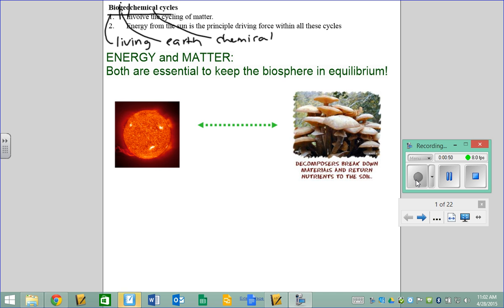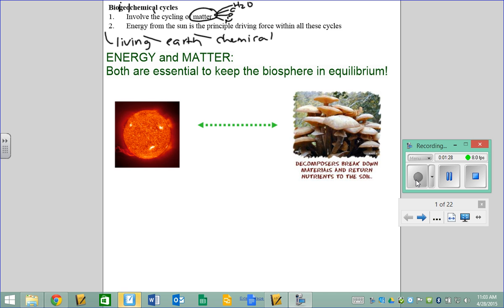So you'll notice my couple of points at the top are some overarching ideas for this entire chapter. The main idea that we're going to focus on in this chapter is the cycling of matter. In Chapter 1, we focused on energy because we were focused on how much energy could be transferred from one trophic level to the next, and we talked about kilojoules. Here we're going to focus on matter, but I don't want us to forget energy. Talking about matter, we're going to talk about a few things specifically. We're going to talk about water, carbon, phosphorus, and nitrogen.